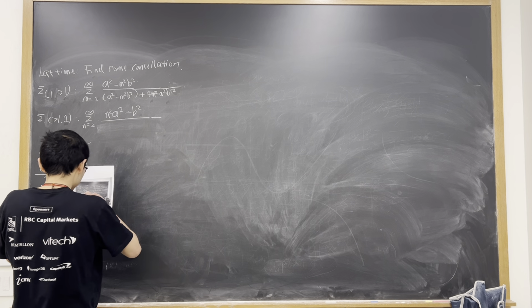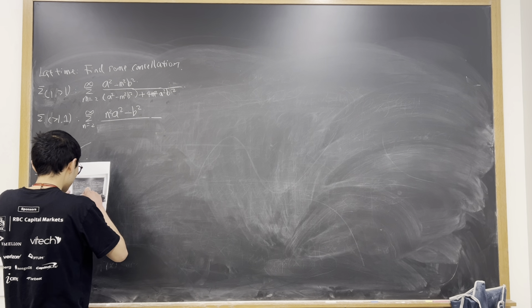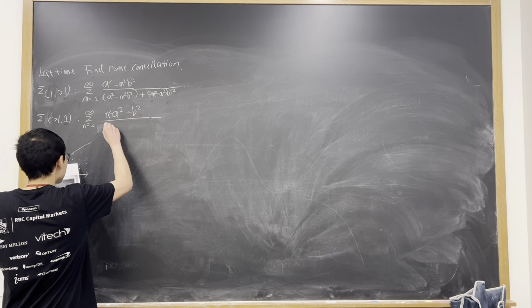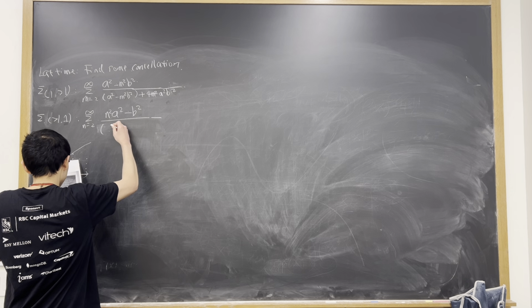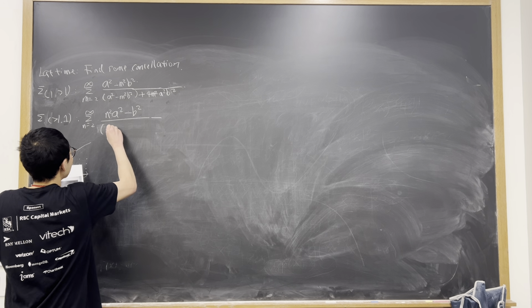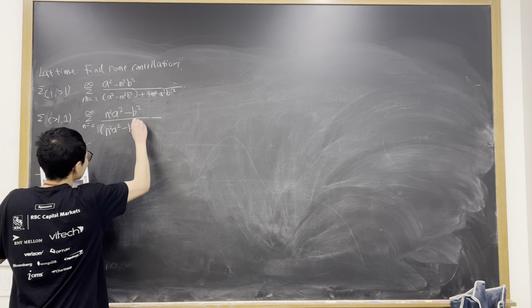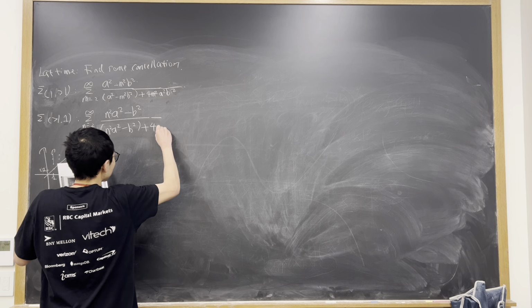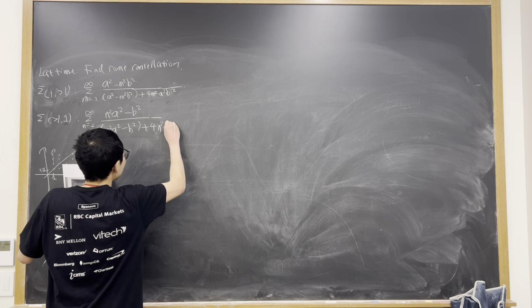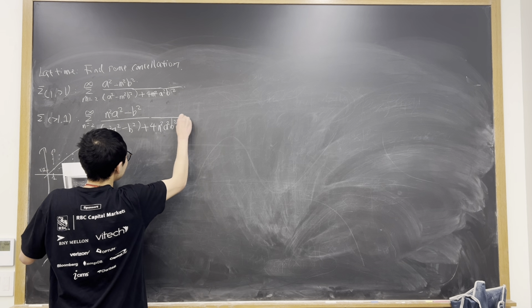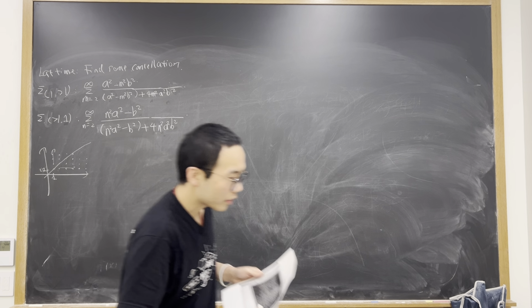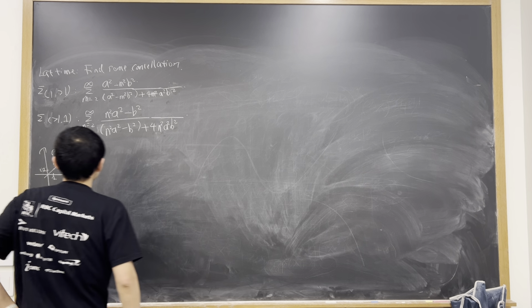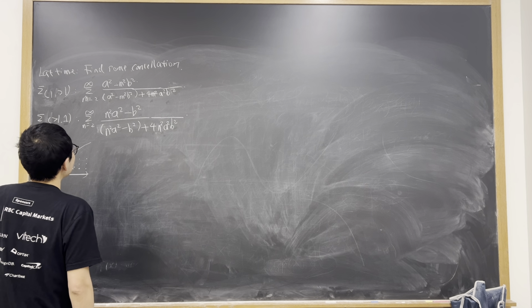So this is n squared a squared minus b squared plus 4 times n squared a squared b squared. Okay, and then what we have is